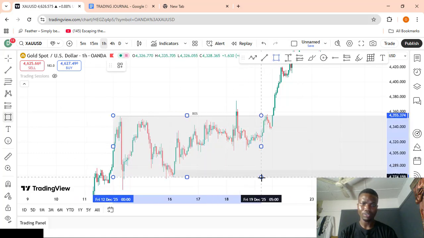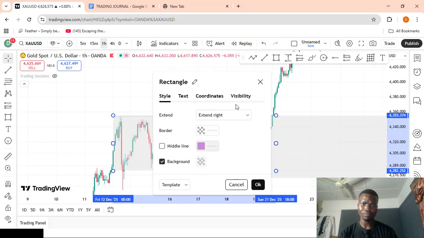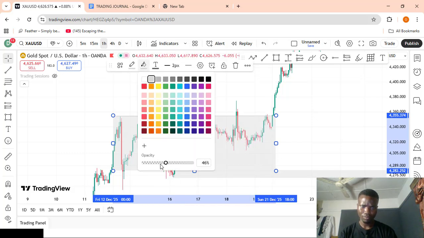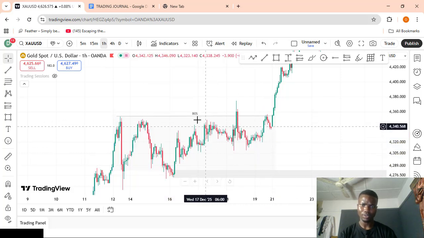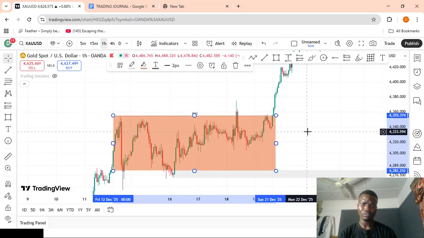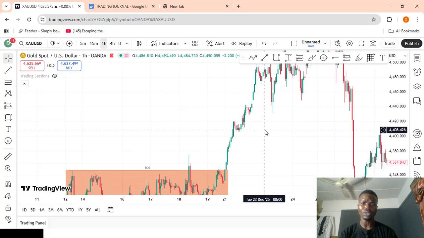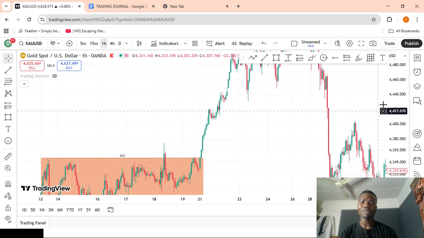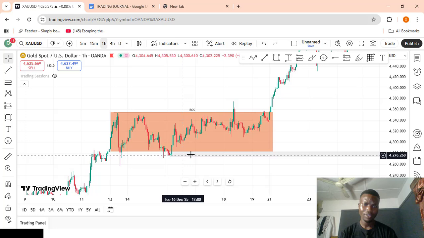Let me mark out the consolidation area again. So now, when this market broke through this consolidation area to the upside, you know it has created a break of structure right there. So now we want to wait for the market to come and retest our demand area around here